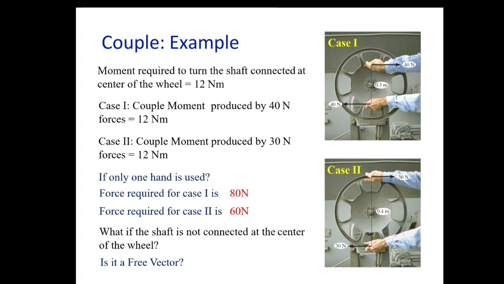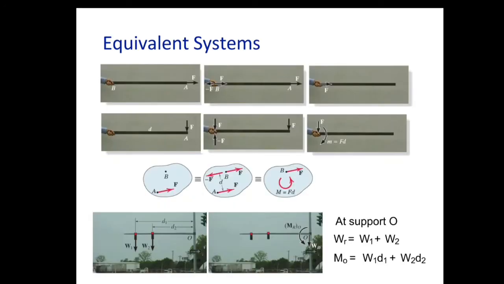The shaft should be connected at the center of the wheel. Why? The moment applied on the wheel will be along the centroidal axis. So to transfer the maximum torque, the shaft should be connected at the origin of the wheel, where the total moment is going to concentrate. I hope you have understood the moment and the moment of a couple and its application in day-to-day life.